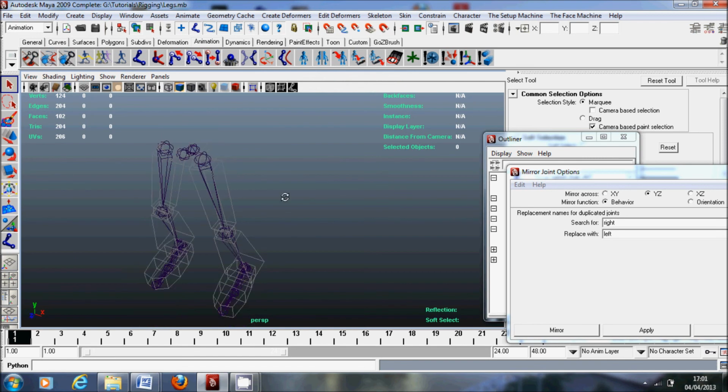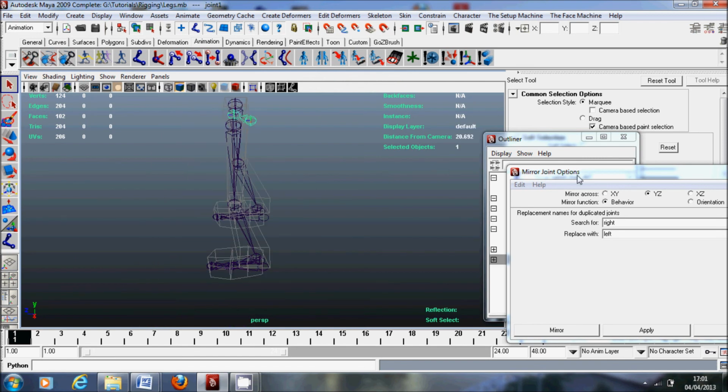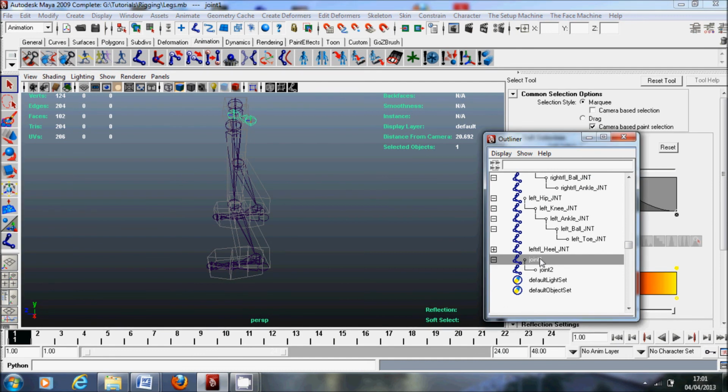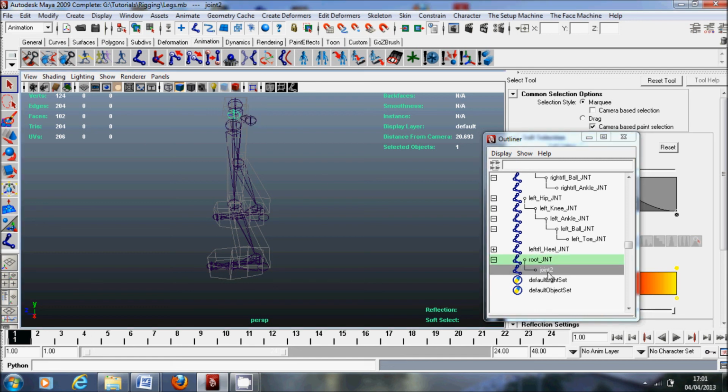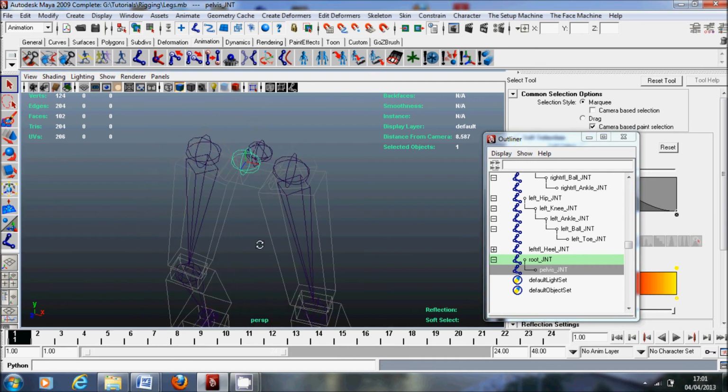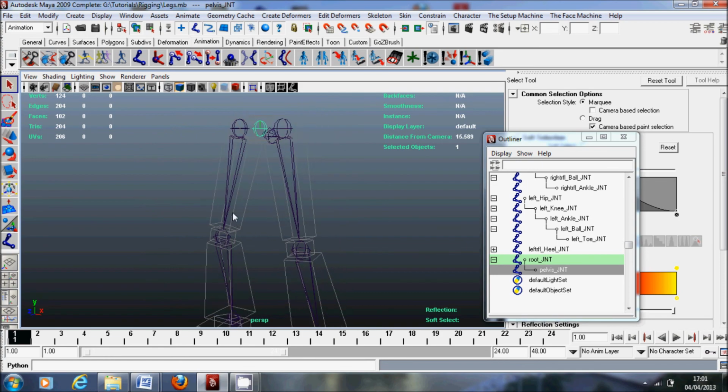And what we're going to do is, in the outliner, we're going to name this joint as the root JNT, and then we're going to name the one in the middle as hip. Actually no, pelvis would be better. Pelvis JNT, because we already have a hip at the top. So we've got that done. Now all we need to do is connect these joints together. The best way to do that